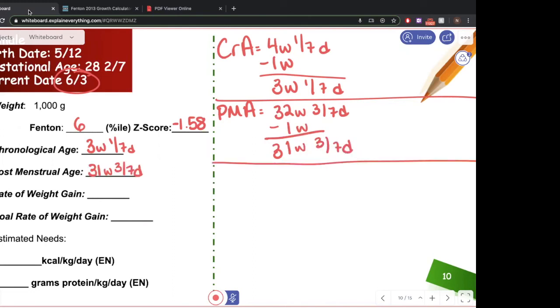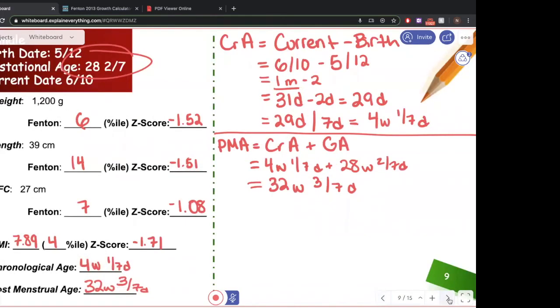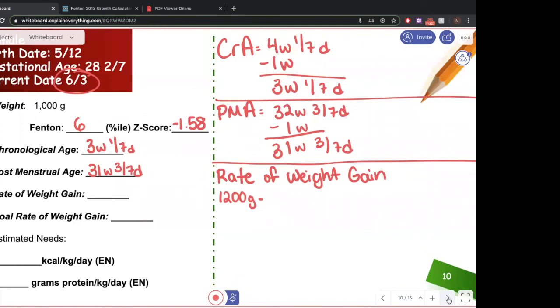Now we can determine the rate of weight gain, where we'll take the most current weight in grams, which was 1,200 grams from the previous slide, minus this weight of 1,000 grams, total of 200 grams. And that was over a span of 7 days. So to find out how many grams per day, we would just divide that by 7 days, because it's been 1 week, for a total of